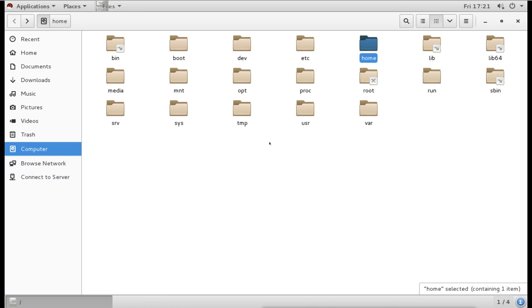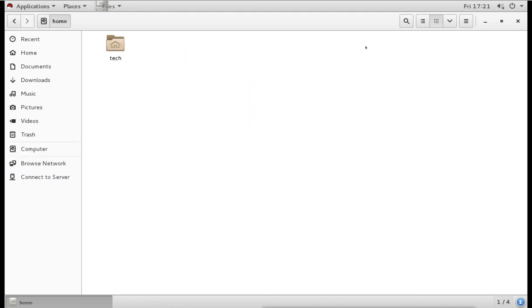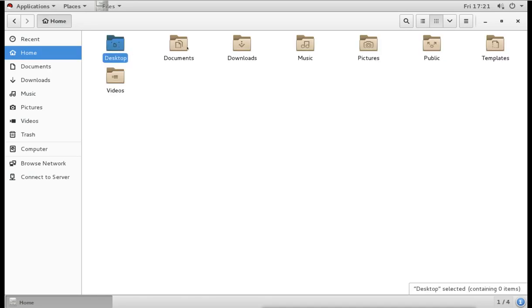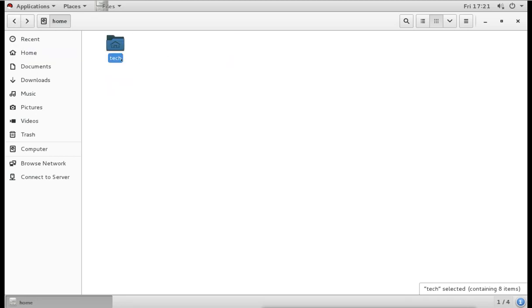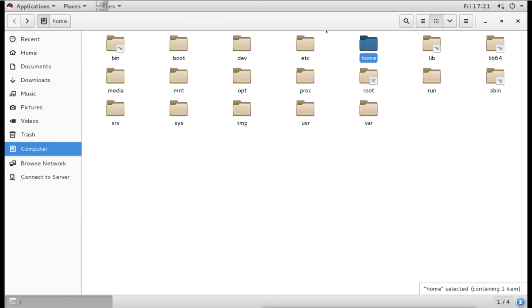So when we create any other normal user, other than root, those home directories will go here. Because we can create lots of different users, hundreds or thousands of users, all the users' home directories will go here. And remember, when a user logs in and stores anything on their desktop, documents or downloads, it will be stored in this home directory. Now the home directory is under slash, so if you store anything here, it is stored in the slash partition.